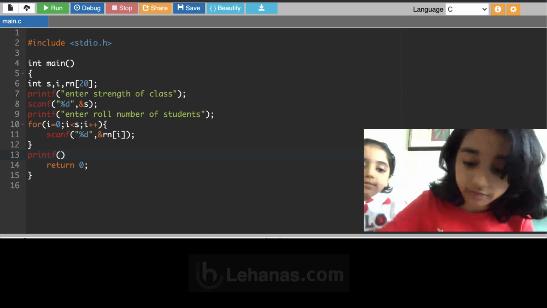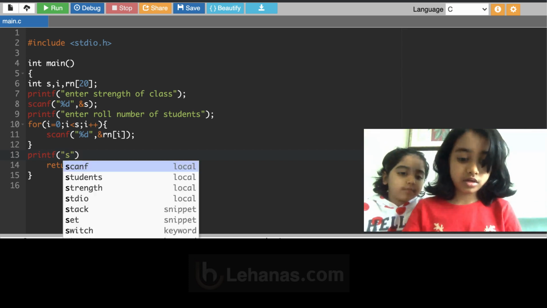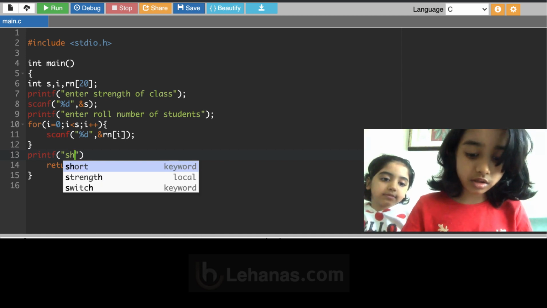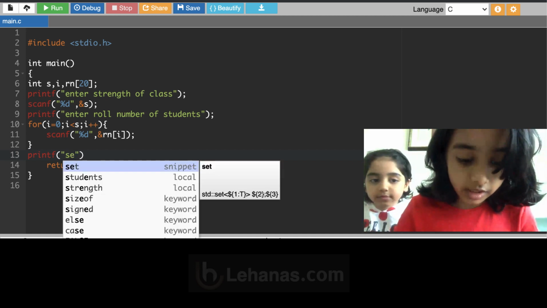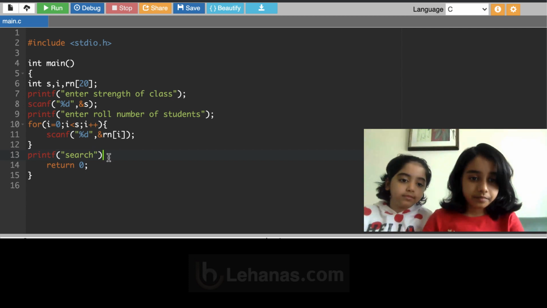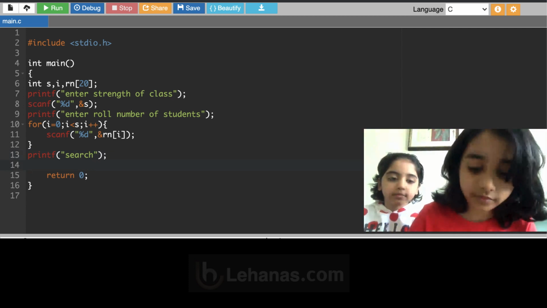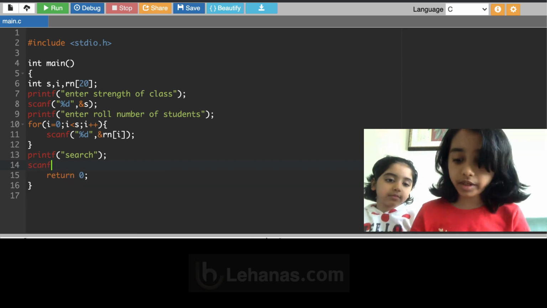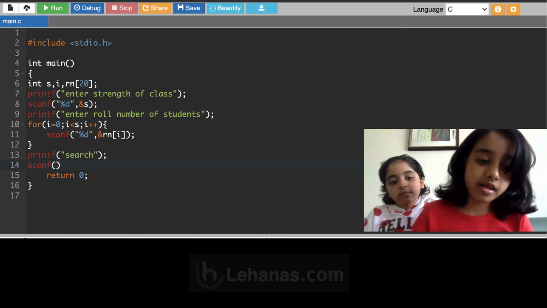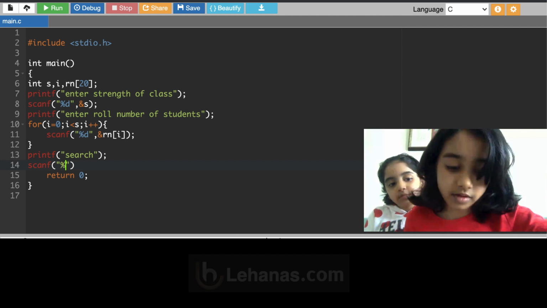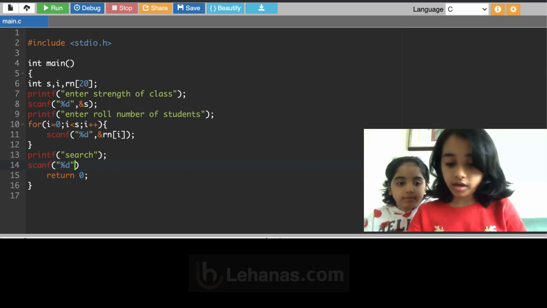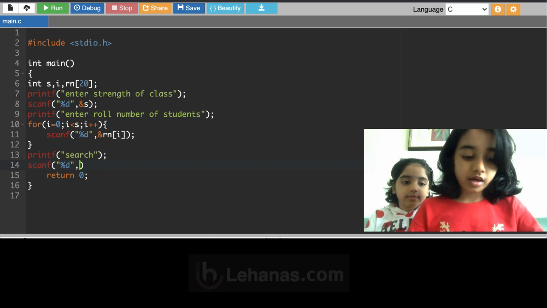So we'll enter "search". Then scanf again, because she wants to enter what she is searching for, like 12 or 15. So now we'll use person, then D, then outside, okay, comma, ampersand,